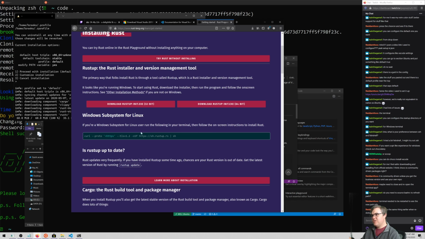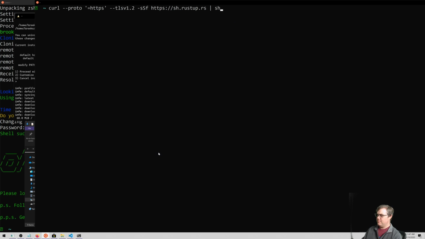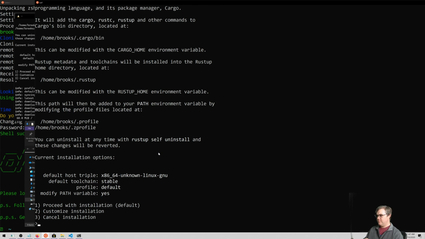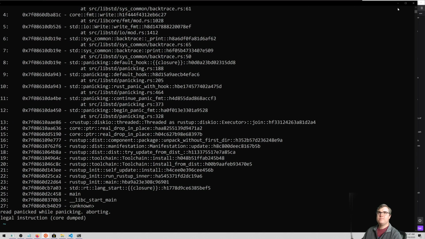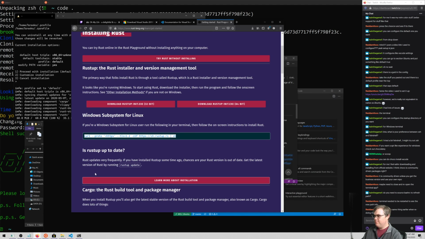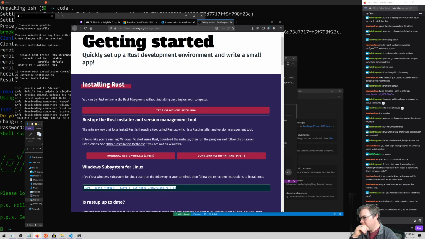Run the following in your terminal, and then follow the on-screen prompts to install Rust. I wonder, do I have to do this in the Ubuntu window? Try it here. Nope, same problem. Does it want a non-WSL? So curl down, use HTTPS, just get this script and run it.